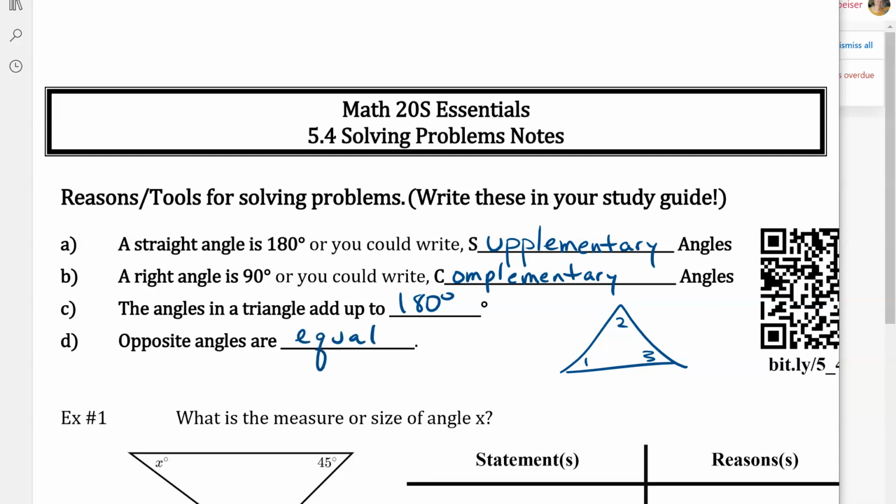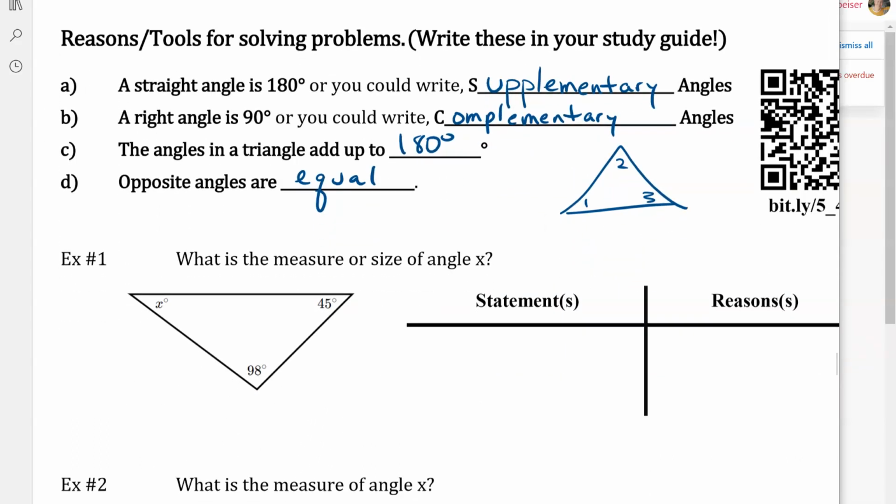Okay, so those are statements that you can use as reasons when you're trying to prove something or when you're making statements. So let's take a look at example number 1. It says, what is the measure or size of angle x? So of those four reasons that I just mentioned, we're going to be using this one about the angles adding up to 180 degrees. So there's more than one way to do this, but here's one way you could say,